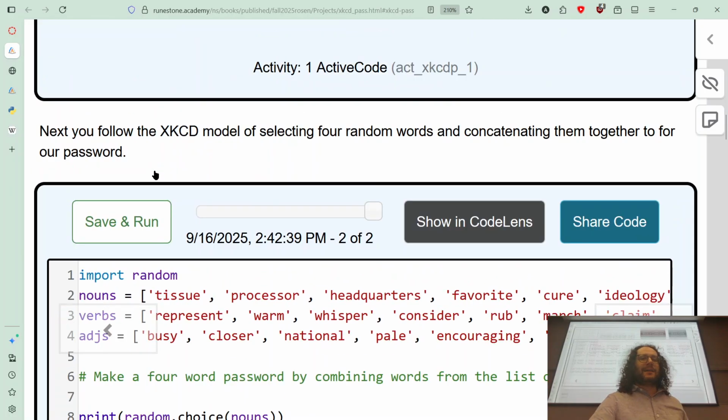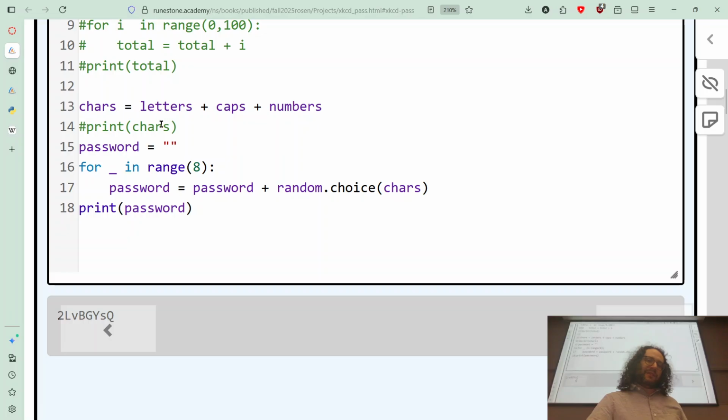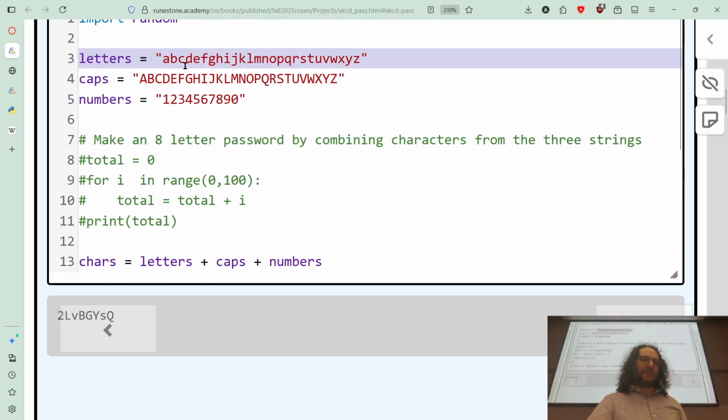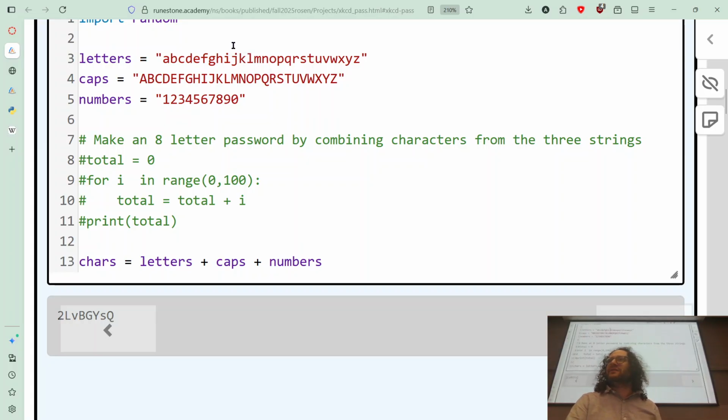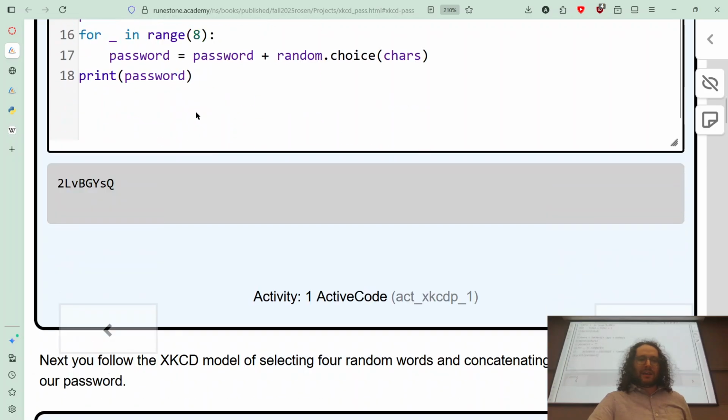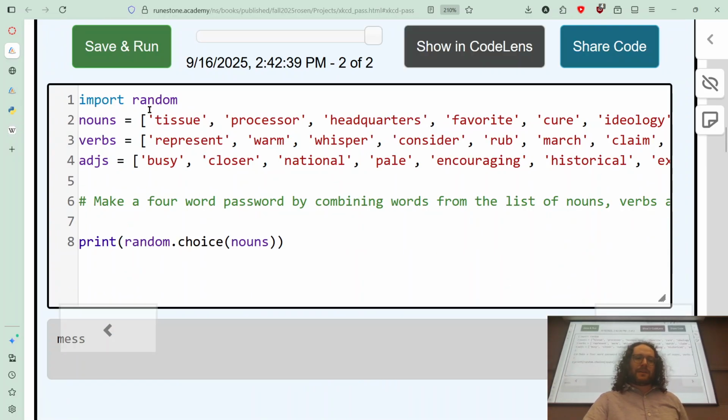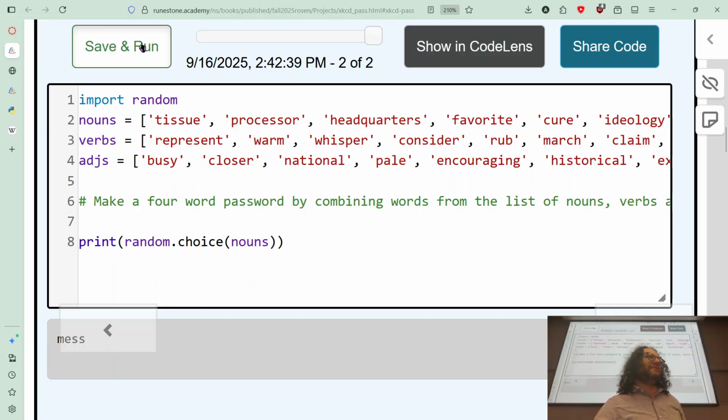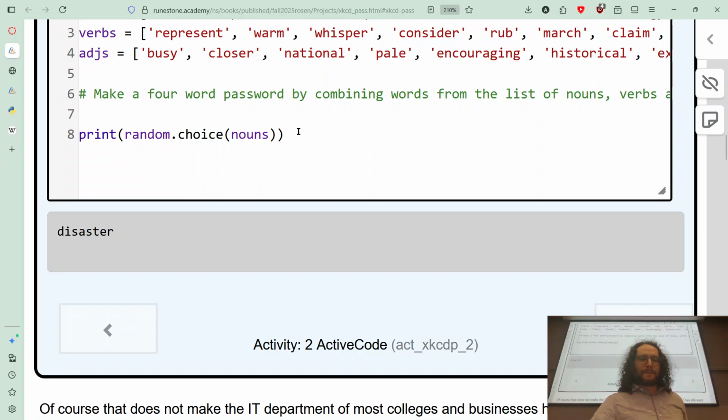Now I'm getting a random whole word as opposed to a random letter. Why is that? Well, sequences have items in them. In this case, each item is an individual letter. But in this list over here, as opposed to a string, each item is a string. So if I'm choosing something at random from this list, I'm going to get a random word, specifically a random noun. Furthermore, they can be